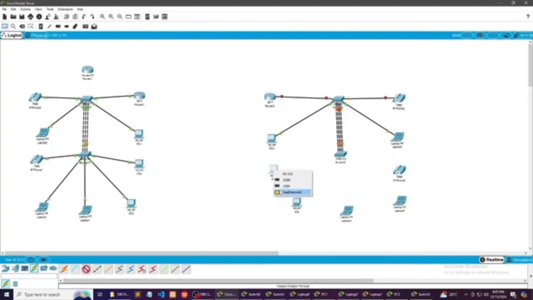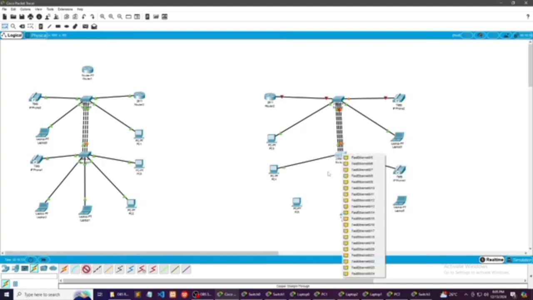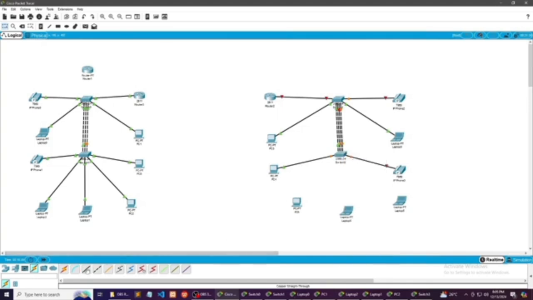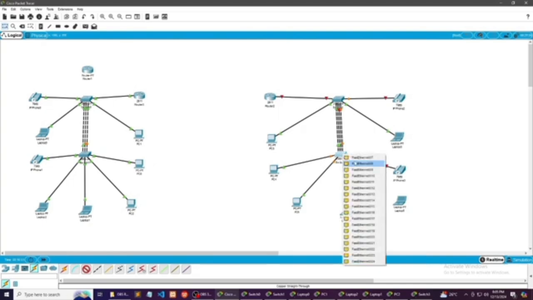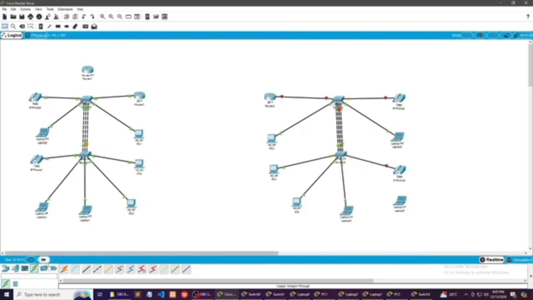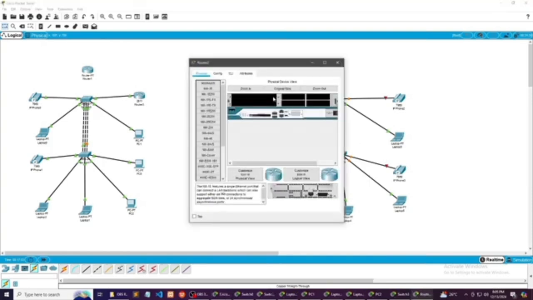Here, the difference, as you can see, is that we're going to connect it 4 times. On the left side, we connected it 3 times. Now on the right side, we're going to use 4 crossover connections using fast ethernet. So we're going to connect the PC to the switch, the IP phone to the switch, the PC-PT and the switch. Just wait for the wire to turn green. Okay, fast ethernet. As you can see, it turned green. And lastly, the laptop, the fast ethernet connection to the switch.